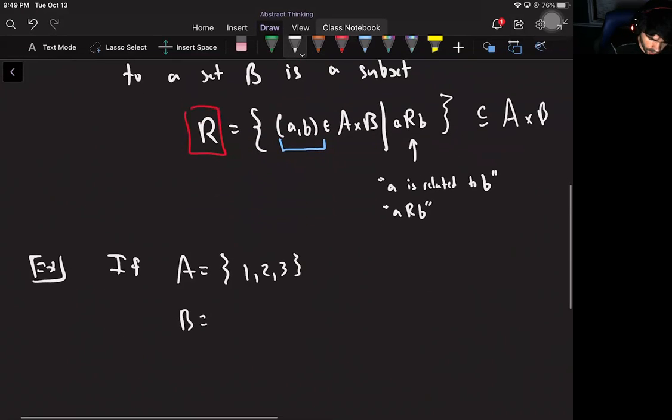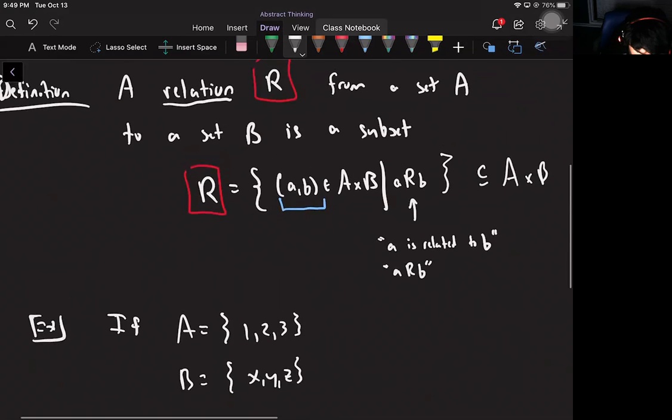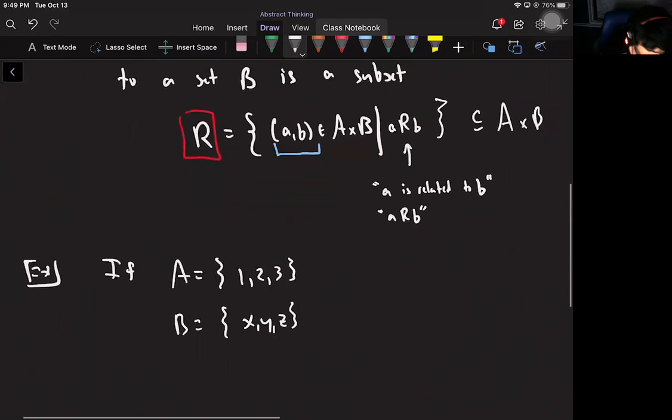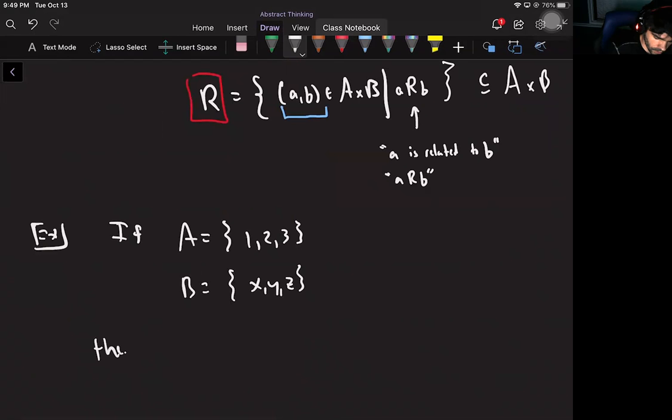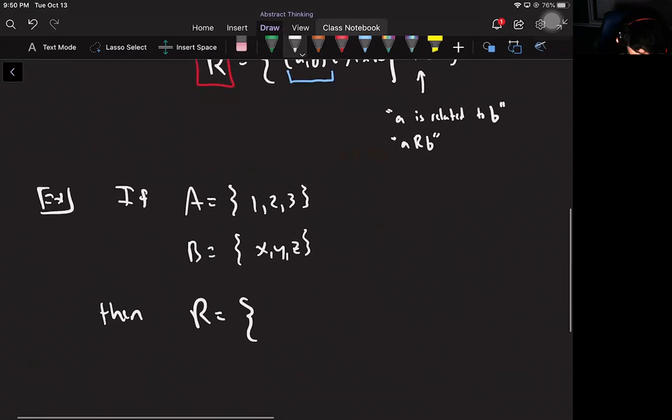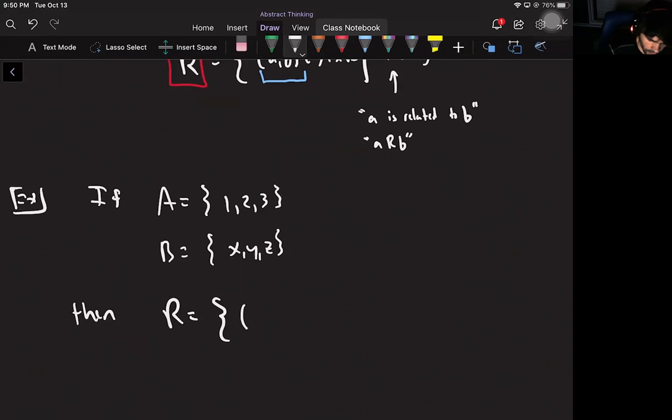We need a set B to go to. So I don't know, x, y, and z. So now we're going to create a relation from A to B. So you can create whichever one you want. I'll make one. So the relation just has to have ordered pairs in it. So I'll just stick some ordered pairs in here. How about